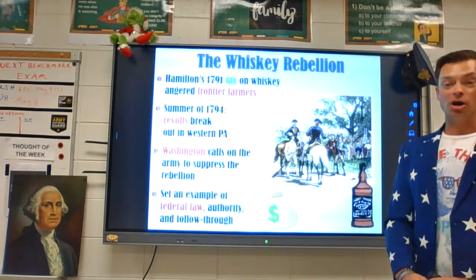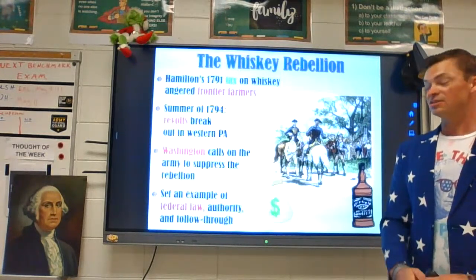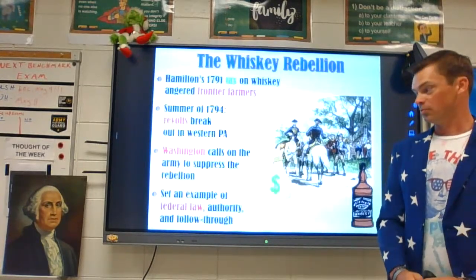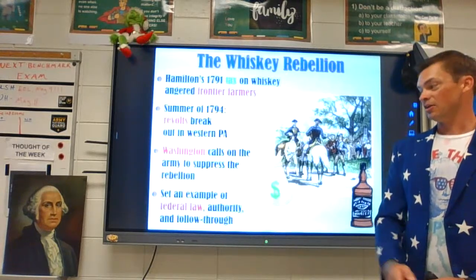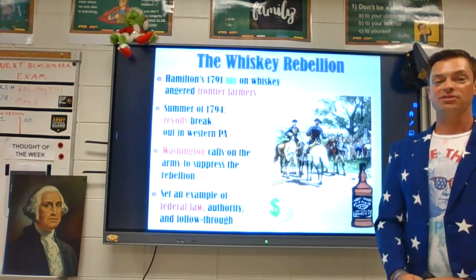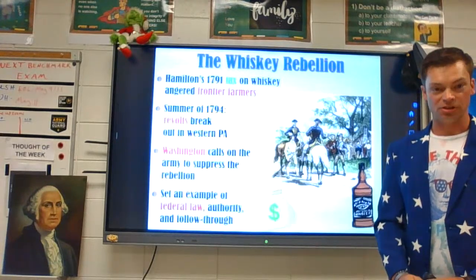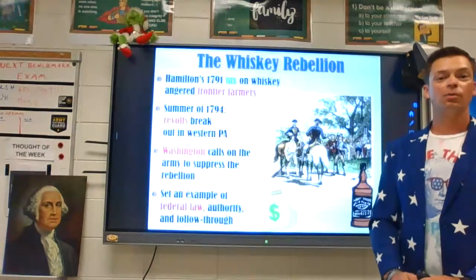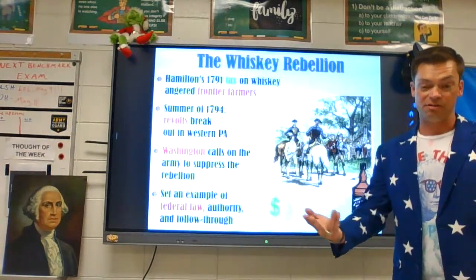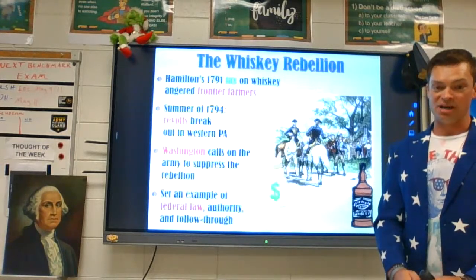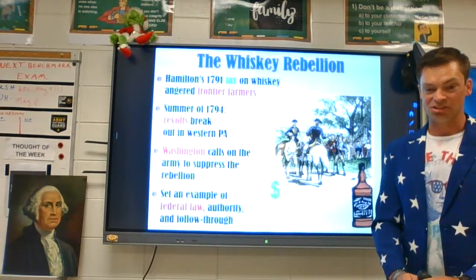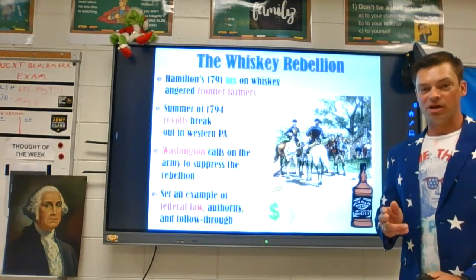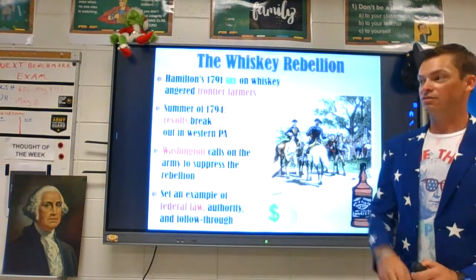First, he calls on the standing army to suppress the rebellion, right? If you have a militia, I'm going to send my army to strike down your militia. And what he's doing here is he sets an example that the Constitution is strong enough to enforce the law. And this is a stark contrast to the previous Shays Rebellion, where the federal government or the Articles of Confederation government was unable to suppress Daniel Shays and his militia. So Shays Rebellion reveals the weaknesses of the Articles. The Whiskey Rebellion reveals the strengths of the Constitution.